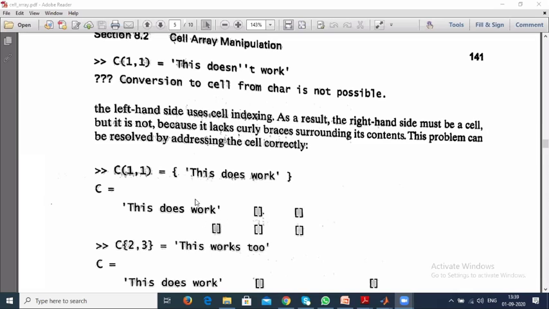Now creating an empty cell array and assigning is also possible. Means you are modifying the cell array. Modification of the cell array is also possible, just like normal numerical arrays. When you assign values in a matrix at some other location, the remaining values are generated as zeros, but here it will generate empty matrices. It is not going to be zero, it is an empty matrix.